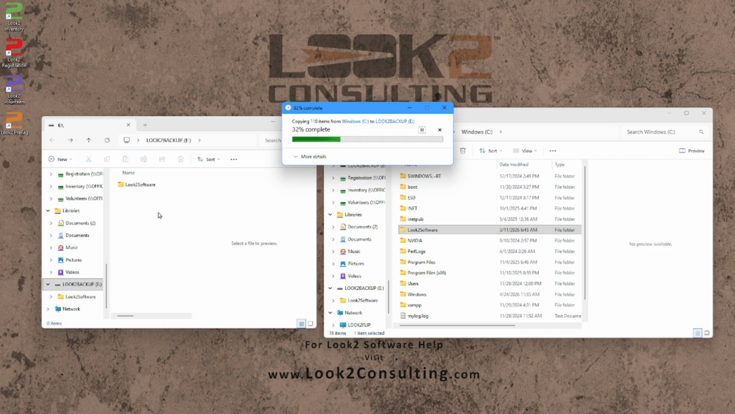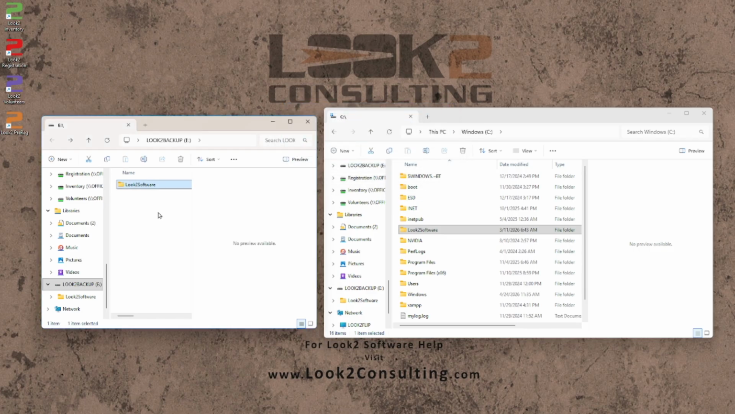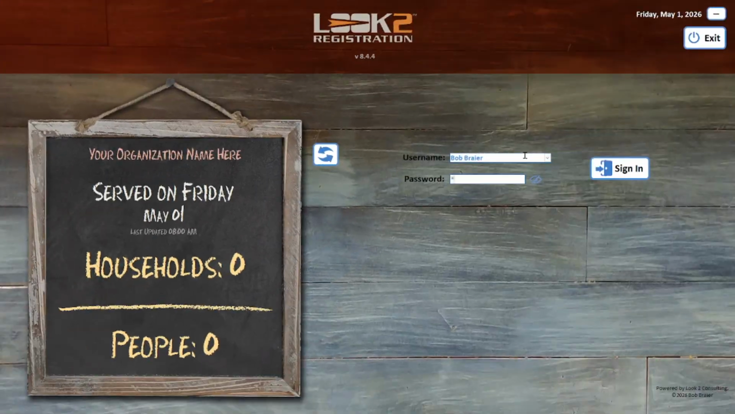This makes a complete snapshot of your entire system, including the program itself, report templates, and all of the resource items. It's recommended you make a complete system backup like this every time you upgrade your software to a new major release. Now let's look at each of the three products to learn how to do an incremental backup of